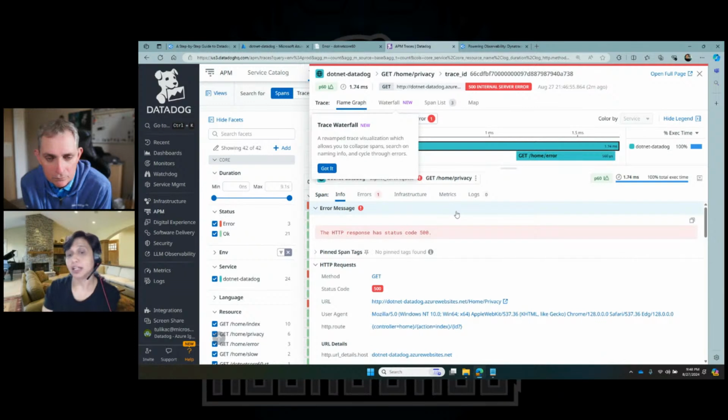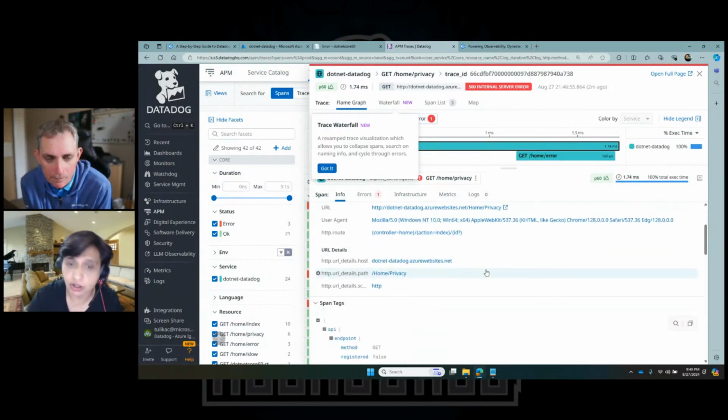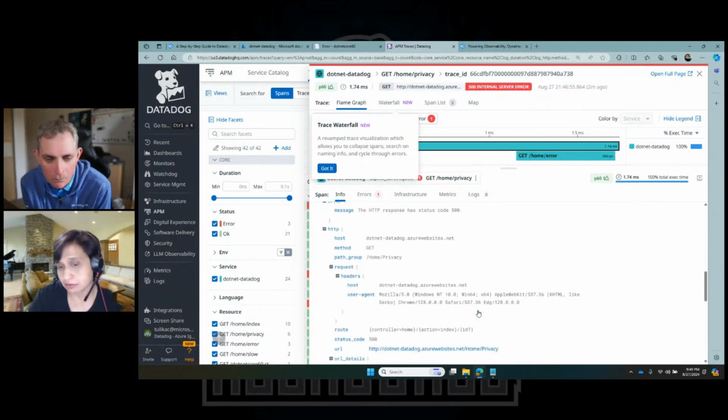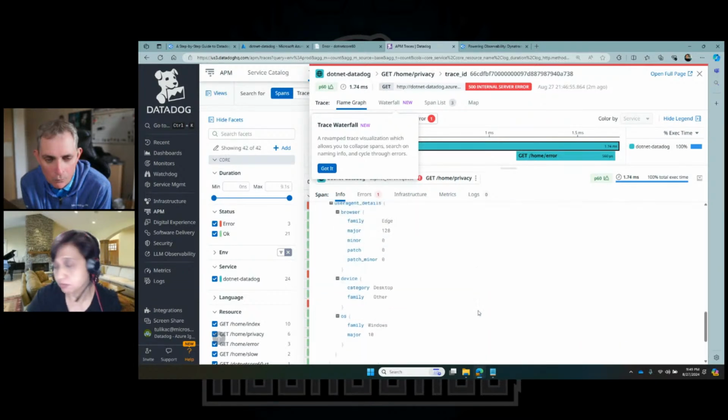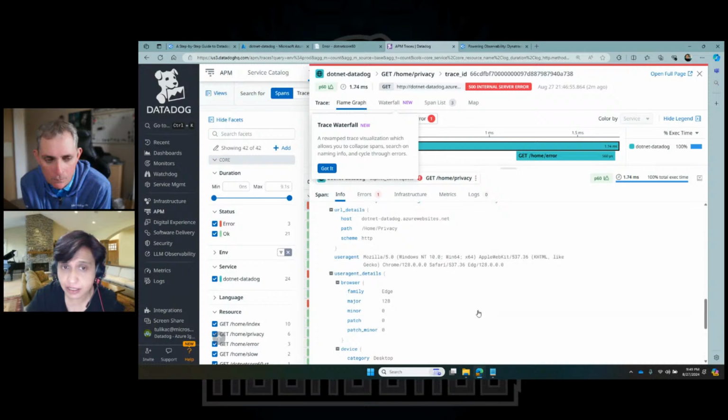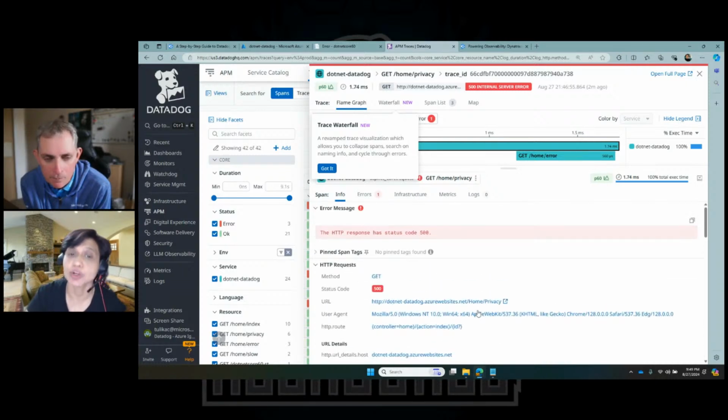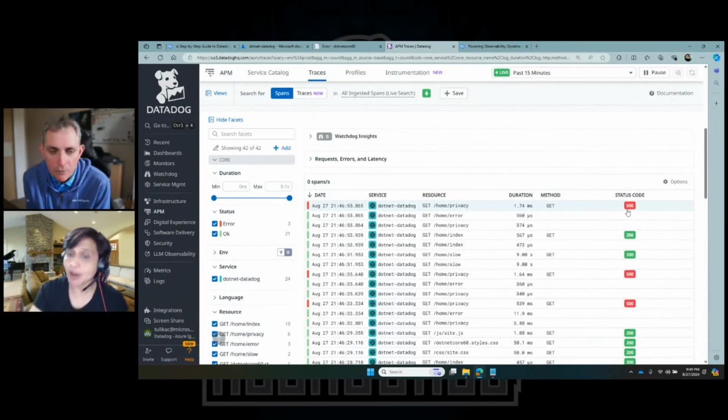Now, obviously, you might want something more than this. So over here, for example, it's saying, okay, you got a 500 exception. It may not actually give you things like a full call stack of the exception. And if you want to do that, you would have to write some code to make sure that Datadog logs those exceptions. But even if you do nothing, just out of the box, it can still give you things like this, which will at least give you an idea about how things are working with your application.